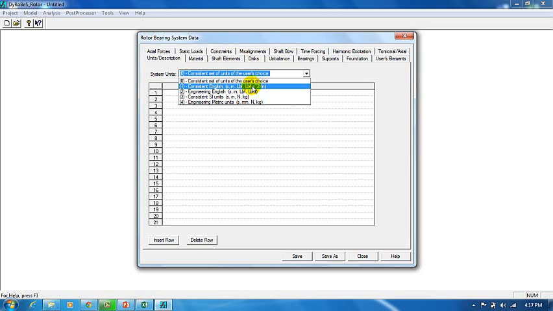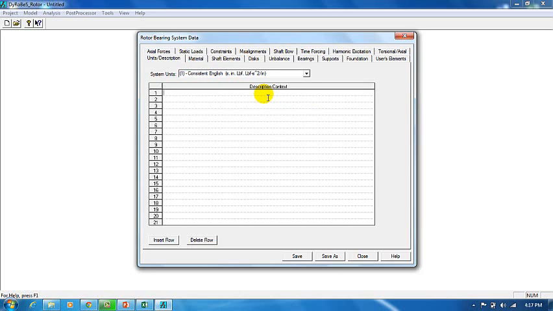So, for example, if you're sharing models across continents and your preference is working in consistent English, while your counterparts in Europe prefer working in metric, then it's very easy to save a Dyrobes file into a different unit system from the one that you started with. So without much further ado, I'll go ahead and click on consistent English, and under the description context, I'll give